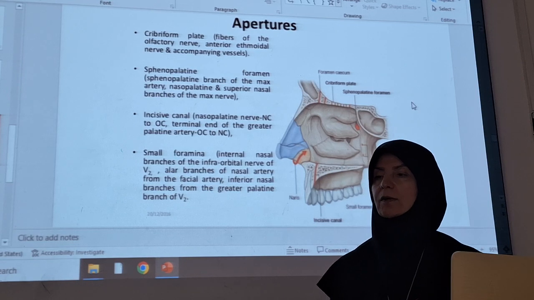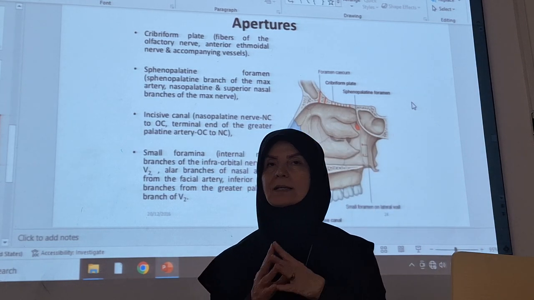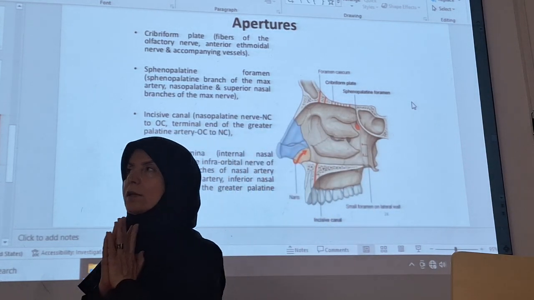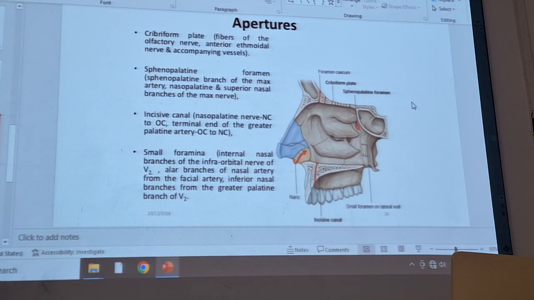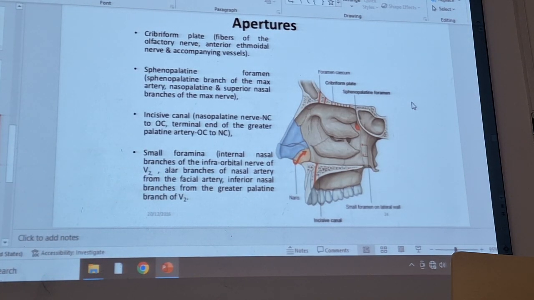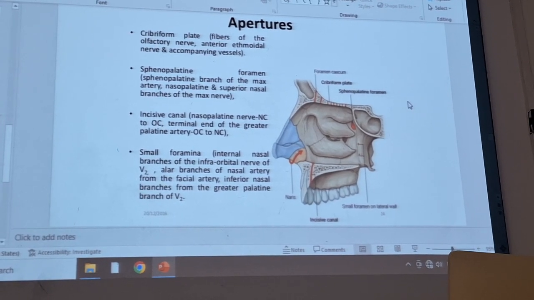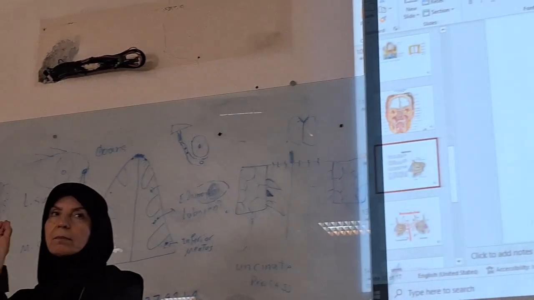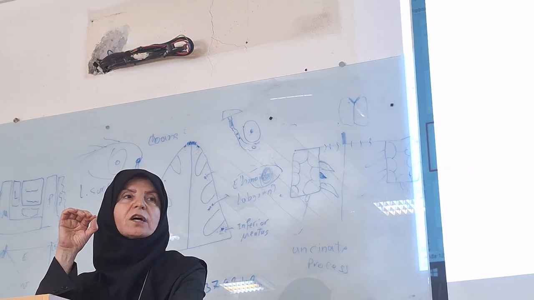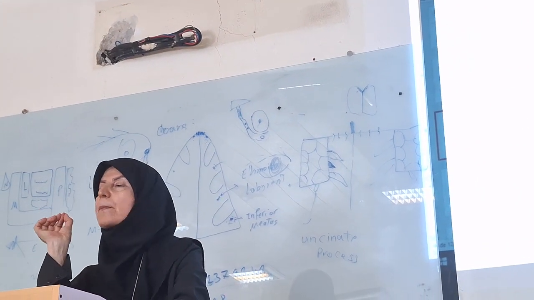One of the questions from the last semester was about this. I don't exactly remember the stem of the question, but it was something such as this: all of the following items are visible inside of the nasal cavity except